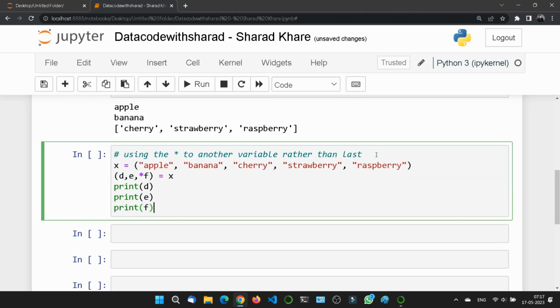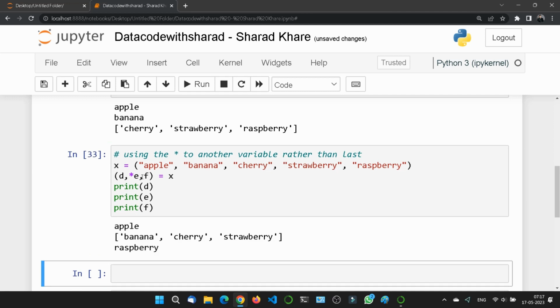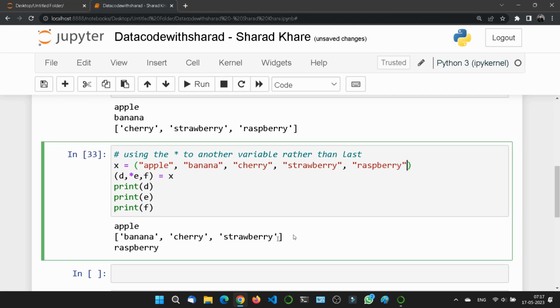Let me remove this asterisk from here and put it on E, and if I print this, look what is happening. If I add one more item here, then 4 will be there.